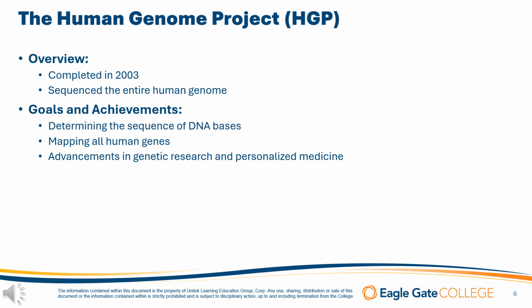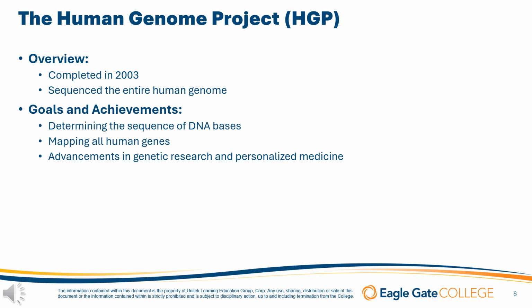Another significant goal was mapping all of the genes in the human genome. It is estimated that the human genome contains about 20,000 to 25,000 genes. These genes are segments of DNA that carry instructions for making proteins, which are essential for the structure and function of the body's cells. The HGP has paved the way for significant advancements in genetic research and the field of